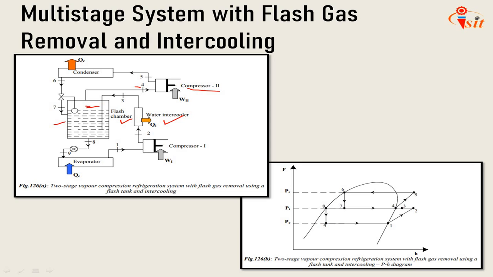Compared to the earlier system, the temperature of refrigerant liquid from the subcooler will be higher than the saturated liquid temperature in the flash chamber. That is because of indirect contact heat transfer. However, since the refrigerant at the inlet to the expansion valve is at higher pressure and is subcooled, there is less chance of flashing of liquid ahead of the expansion valve.